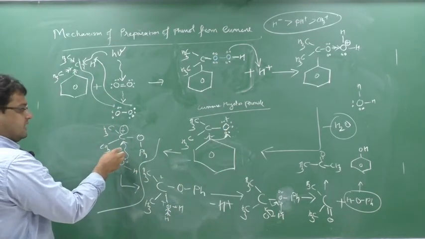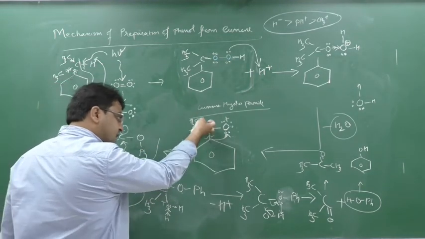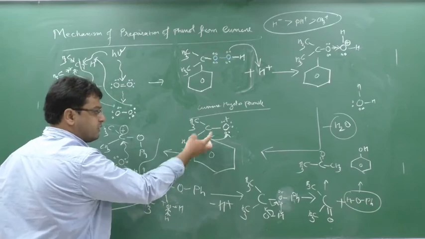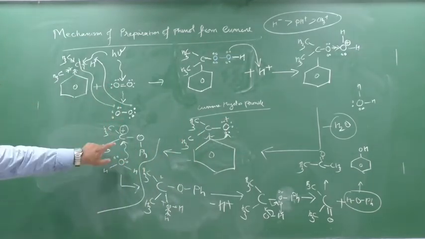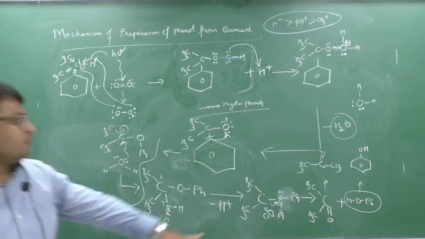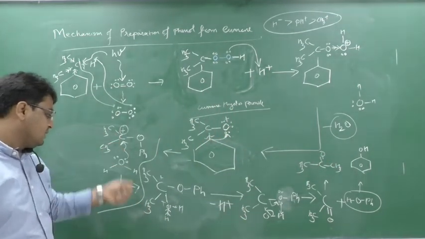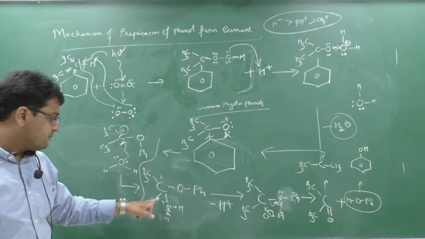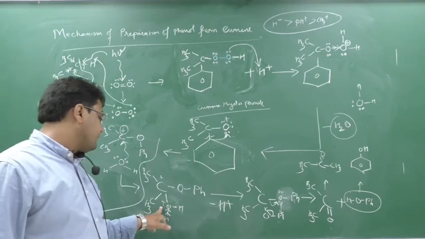So who is giving the electron? This phenyl is removing from this oxygen. Phenyl is taking the electron because it's the more negative element, so it will take the electron and shift to oxygen. So it will create the positive charge here. Now this positive charge also should be satisfied. So there is water here. This water's oxygen will come and give its lone pair to this carbon, so there will be a bond between this carbon and this oxygen. Again oxygen will get a positive charge.